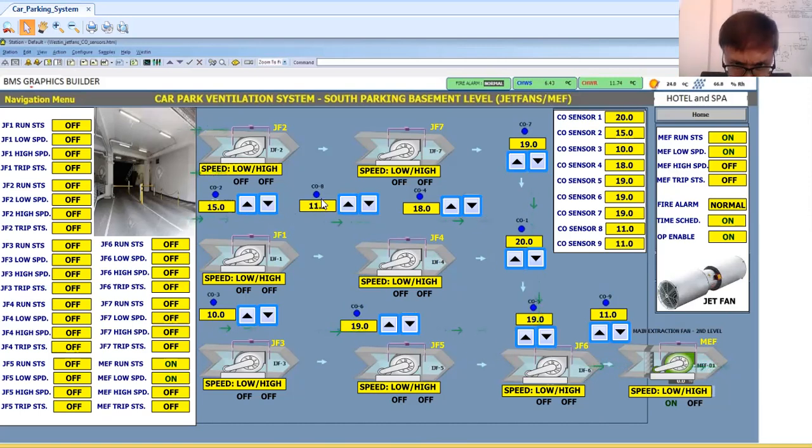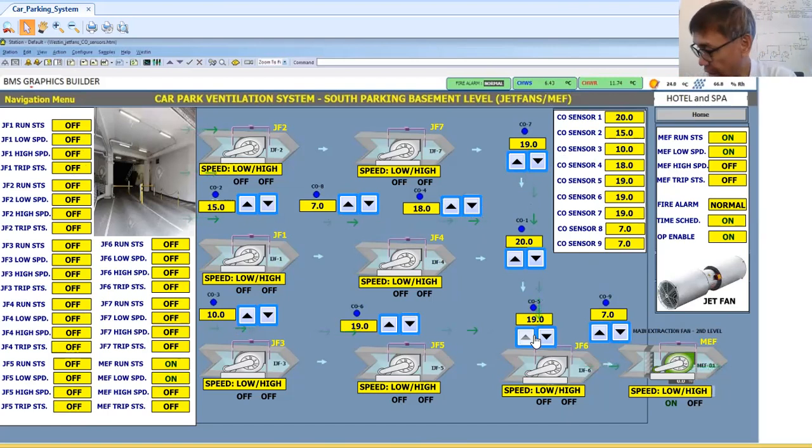Okay, now let's say in CO number 8, I'm trying to simulate that I have a low CO concentration around there at 7, meaning it's less CO concentration there. Now I'm expecting that CO will be vented out, or it will go to the extraction side, okay? So here also I have some control and monitoring points for all the jet fans and the main extraction fan. Then I have here the CO levels for each CO sensor, okay?